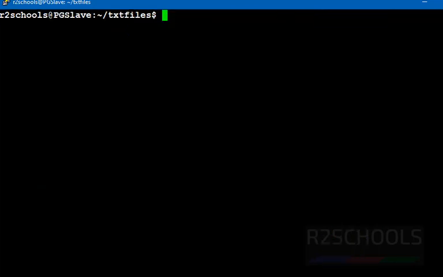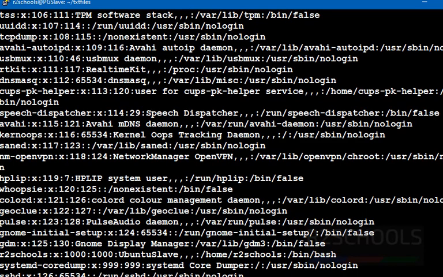In real time, we can use the cut command to get a list of the users. getent passwd contains user information. Then filter with cut. First, let's verify the contents of the passwd file: the list of users and their groups, permissions and home directory details. getent passwd. See, this is the user, these are the group names, this is the home directory and the bash type.